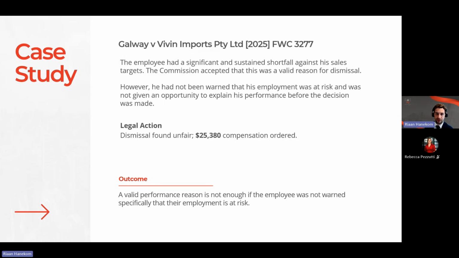But the warnings he was given only said that his performance needed to improve. They never identified that his employment was at risk if it didn't improve. So again, it was probably very apparent to the HR officer and the business that the employee's employment was at risk, but it wasn't apparent to the employee. So at the end of the decision, the Commission says, I accept that the applicant was regularly updated on his sales performance, but he was at no stage advised that the respondent was considering the termination of his employment because of that sales performance.